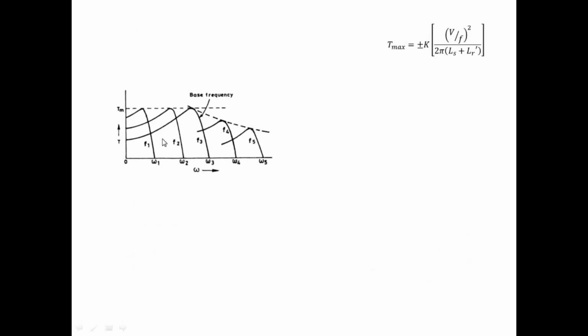So this is actually the speed-torque curve, but we are actually operating in this region, which is actually a constant speed region. So we are operating in this region only, not in this region. We can say it is like this. We are only operating in these regions, so it is approximately a constant speed region. And we are interchanging this: we are representing omega on the y-axis and T max on the x-axis.